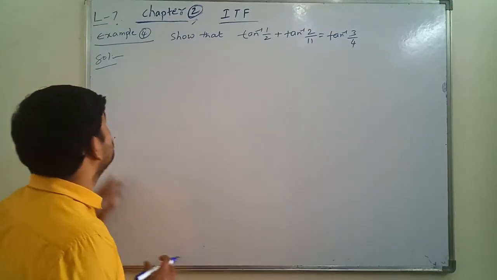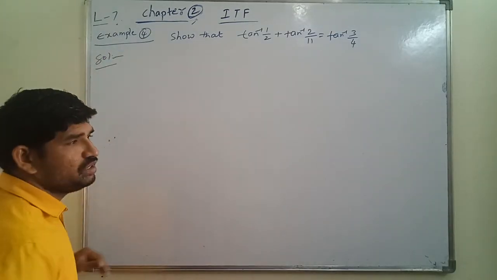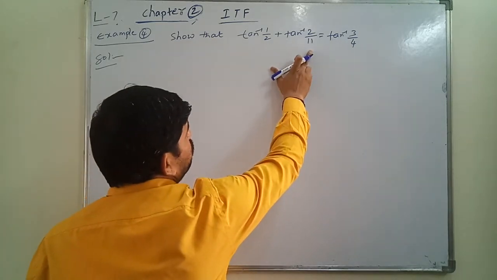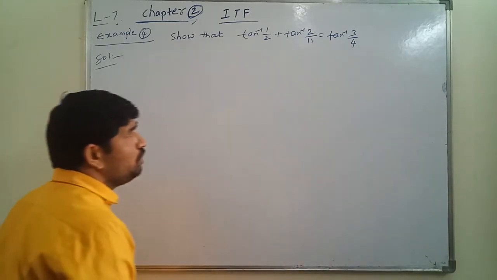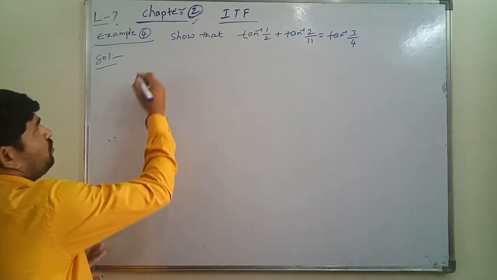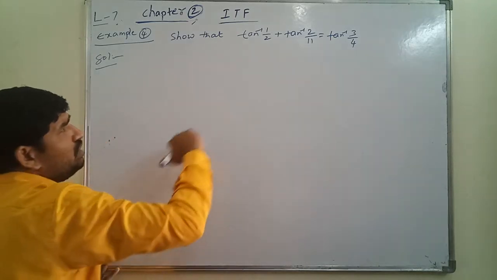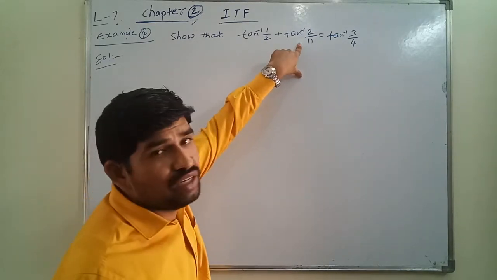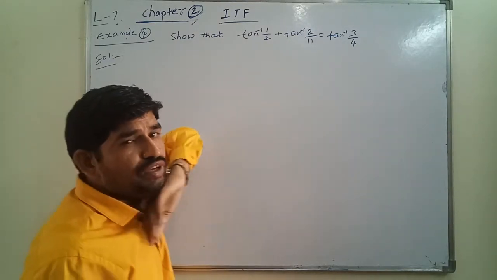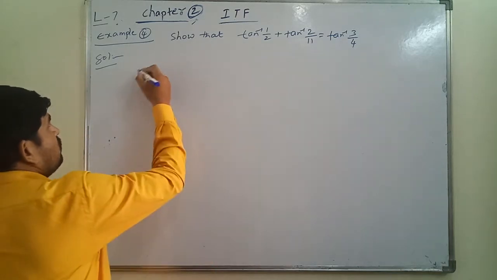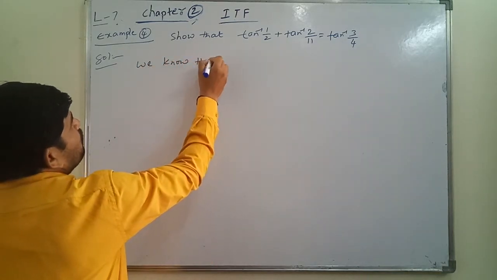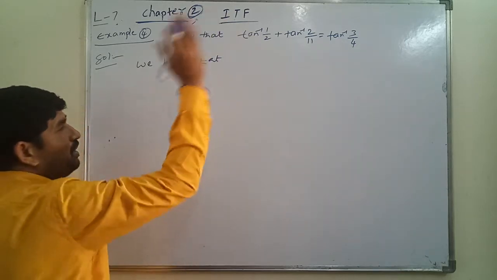See, this is example 4 again, which is an important one. Show that tan inverse of 1 by 2 plus tan inverse of 2 by 11 is equal to tan inverse of pi by 4. Okay. Before starting the solution, the left hand side has tan inverse, again one more tan inverse in between with a plus or minus. We know one of the properties, so I am writing, we know that. Friends, if you don't know, you also have to write it.